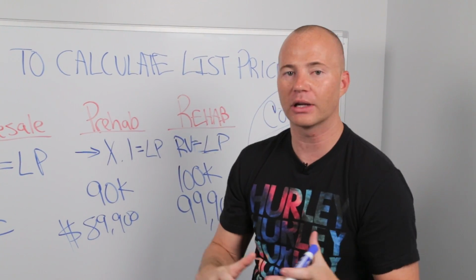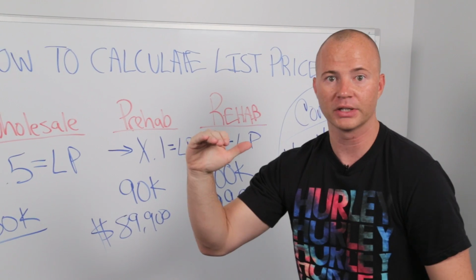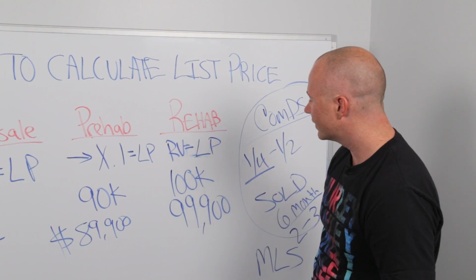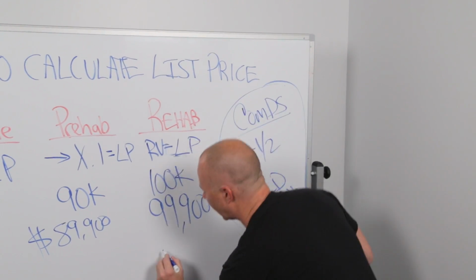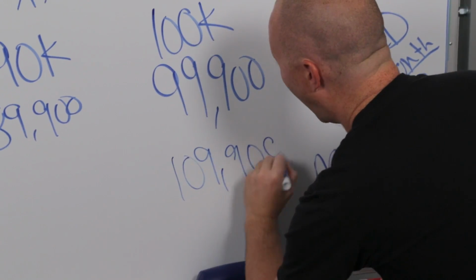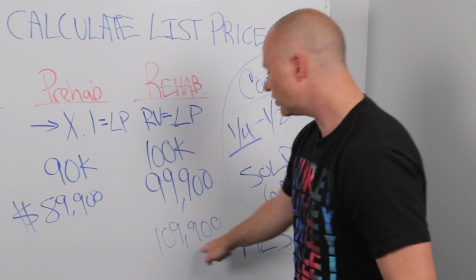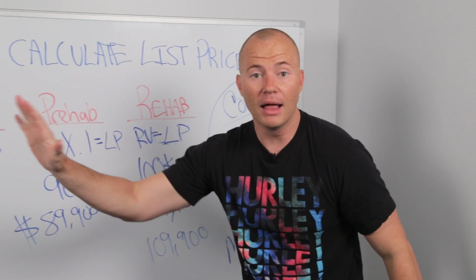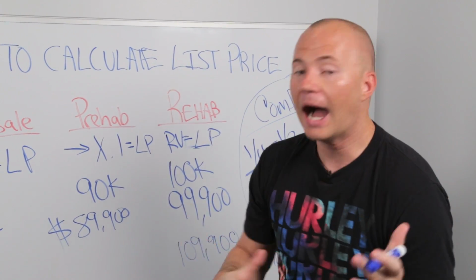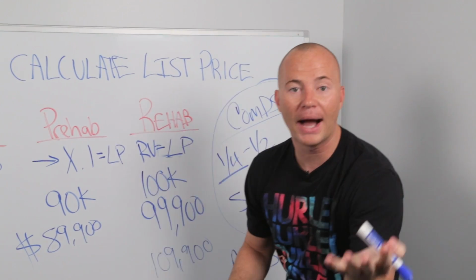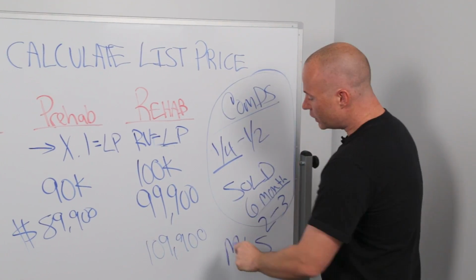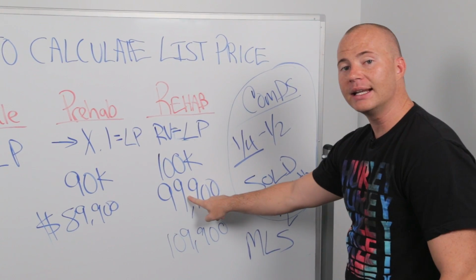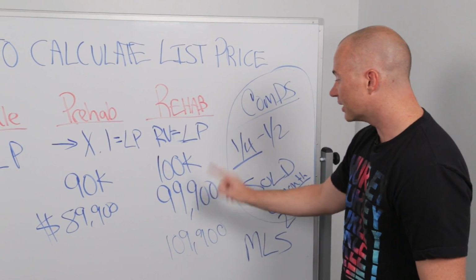At the very beginning of this video, I shared with you, our list price is our list price. So why did I not say, you know what, on this we rehabbed it, it's nice, let's price this thing at $109,900, because I'm willing to take $99,900 for it, but let's just price it at $109,900. The market's super, super hot. Guys, a lot of people do that, but let me tell you behind the scenes what happens with that and what buyers actually do. So if you take this property and you list it at $109,900, knowing that you want the $99,900 figure for that house, or the $100,000 for that house,